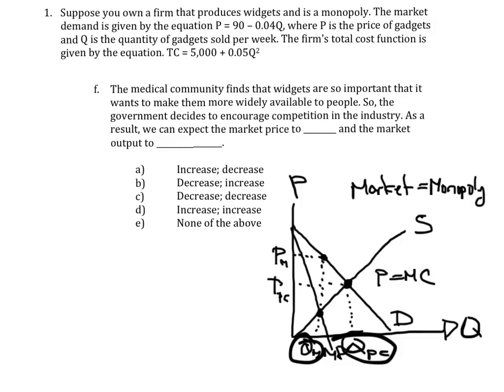So what happens when an industry goes from monopoly, with high price and low output, to perfect competition, is that the price goes down as more competition enters the market, and the quantity goes up. So we expect the price to go down and the quantity to go up. That eliminates this, and eliminates this, and it eliminates this one, and the answer is